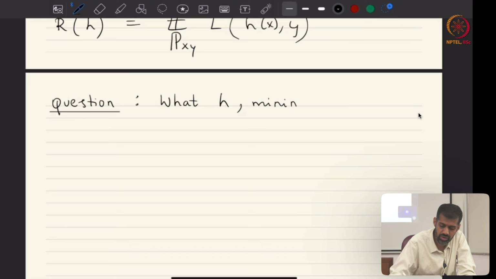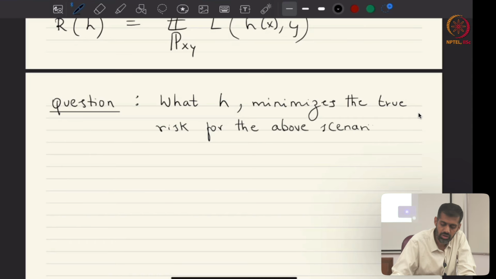What hypothesis minimizes the true risk for the above scenario? By above scenario I mean we have a binary classification problem and the loss function is a 0-1 loss function. So for that particular case, what hypothesis minimizes the true risk? Okay, so to give you the answer,